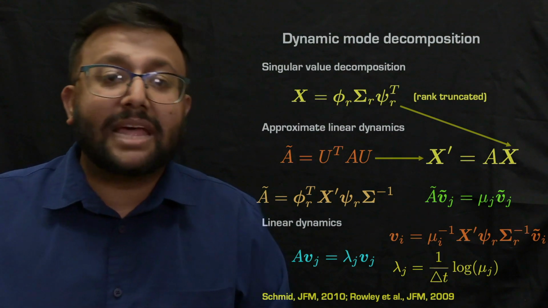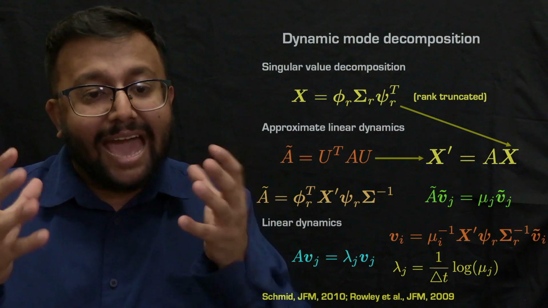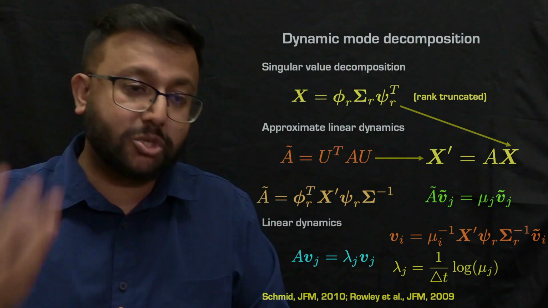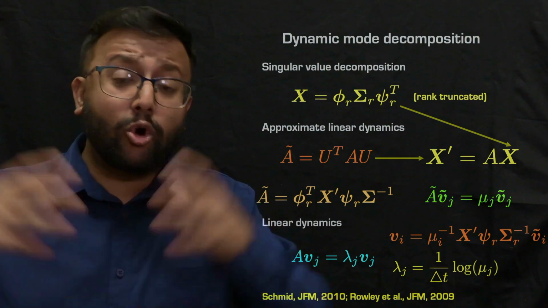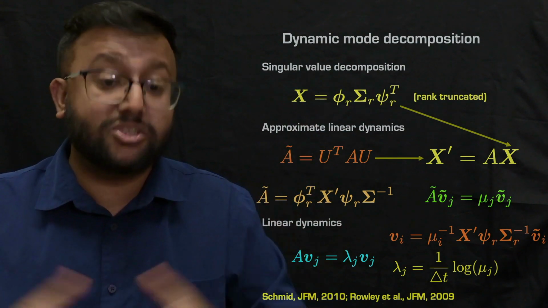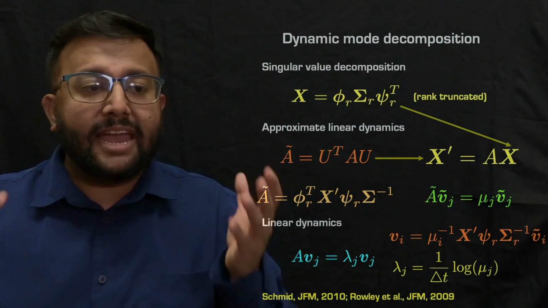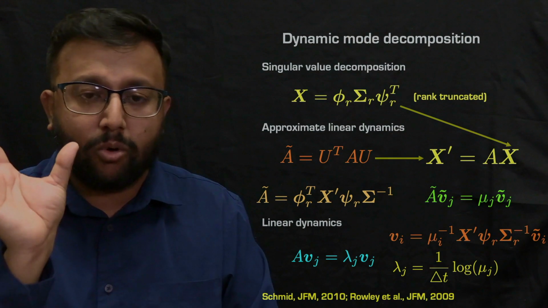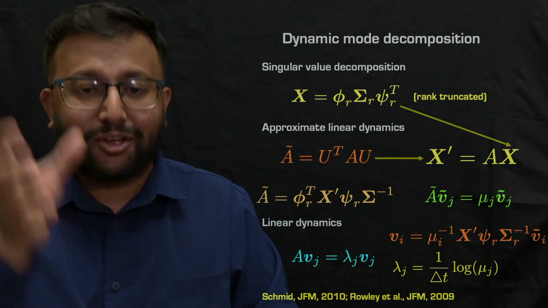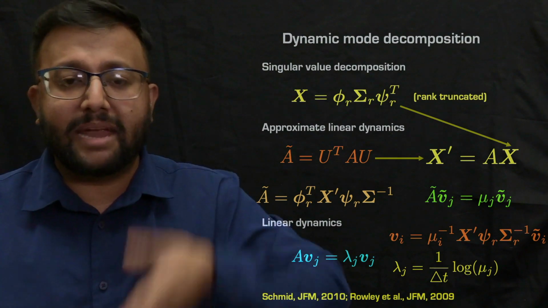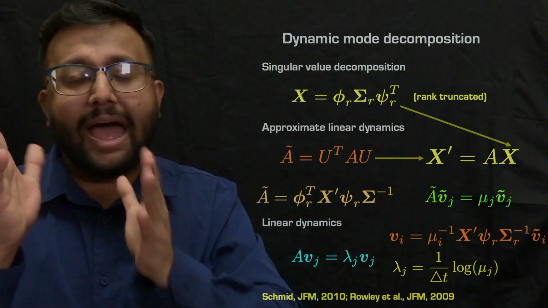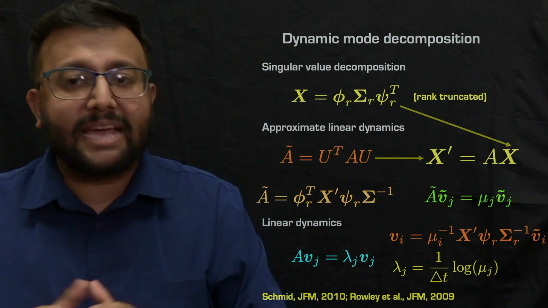Now, I must note that these eigenvalues or these characteristic values that we get associated with the DMD modes represent the growth rates and the frequencies of the system. So usually what you'll end up getting is each DMD mode, which is usually complex valued, and I'll get to that in a bit, is each mode has this kind of complex representation.